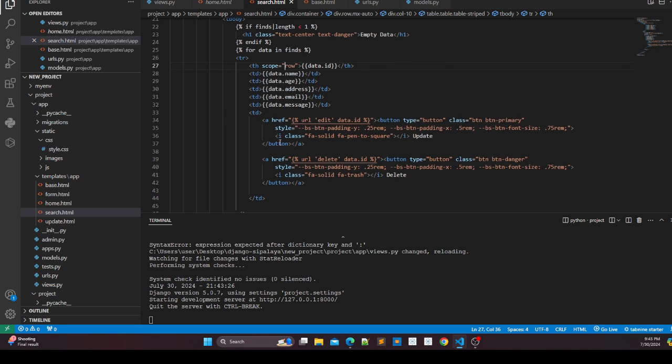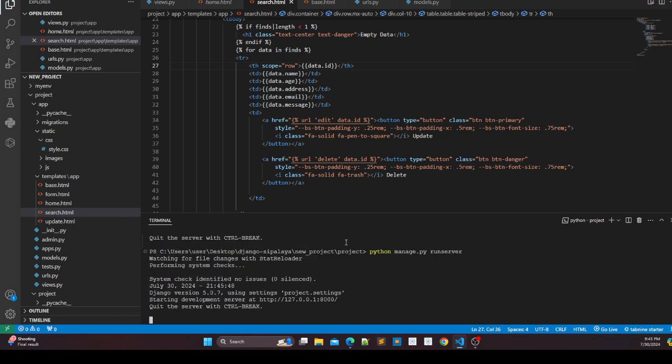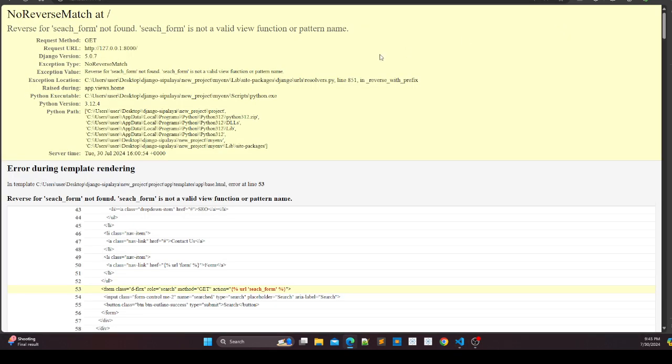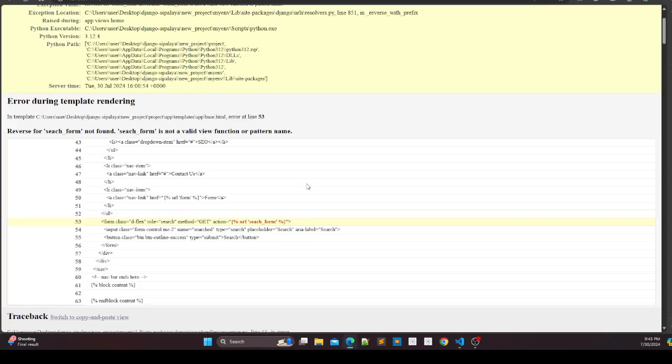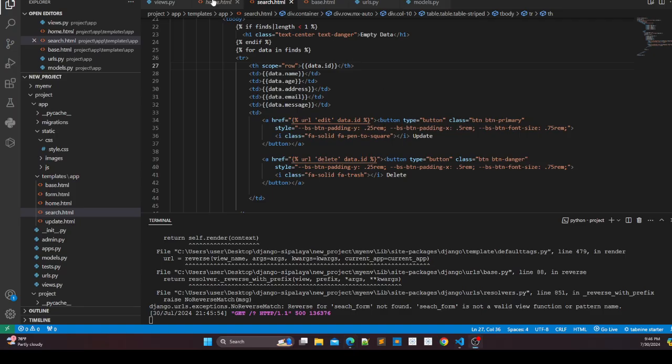Let me now close my server with Control C and then run it again. So I run my server again, go to the website, and refresh once. It is not working. Why is it not working? The name was a mistake, so let me go again to my